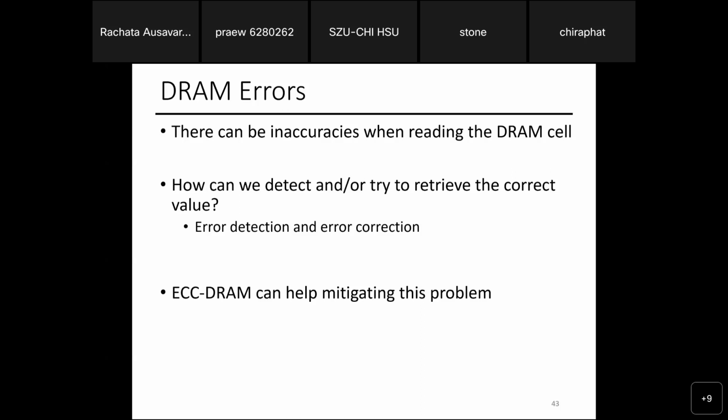Another company, Nvidia, I think, makes RAID for hard drives. I can't remember the